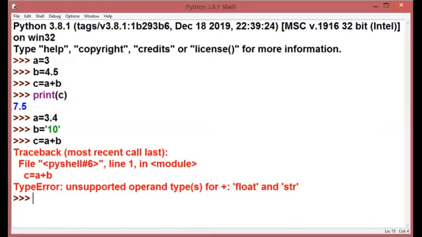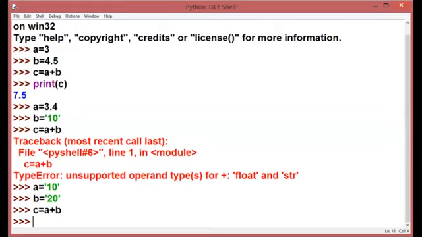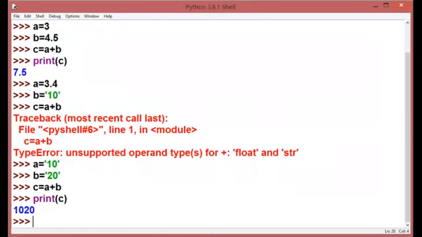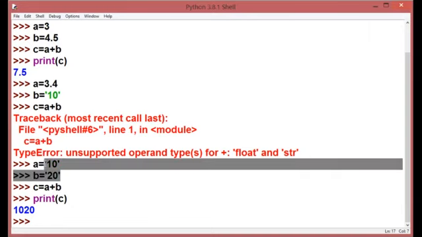So in place of that, if I say A is equal to '10' and B is equal to '20'. Will I be able to do the addition now? Yes, of course, I'll be able to do it because right now I'm not using my arithmetic plus, but I'm performing a concat operation. Concat operation is performed on two strings.